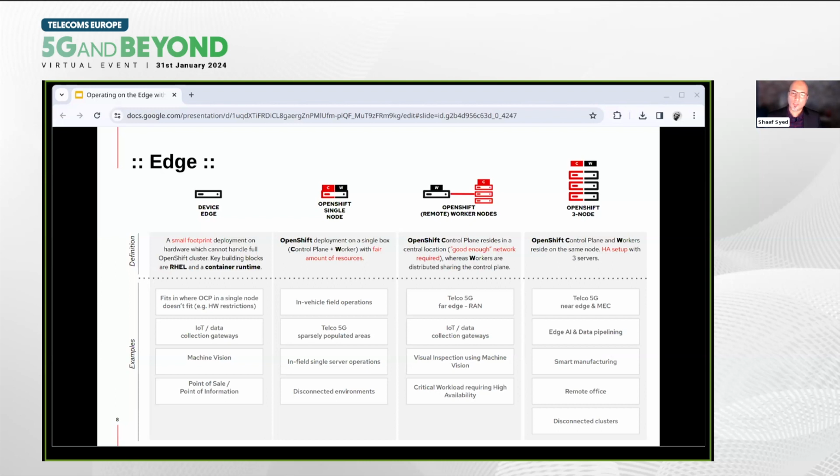And then finally, towards a little bit more beefy setup, which needs a good enough network, where workers can run RAN use cases, or visual inspection, or something that needs more power and connectivity can also be used. And then towards a 3-node cluster, where you have a little more space, you're able to do artificial intelligence, smart manufacturing, and disconnected cluster environments as well. So it helps to have those different use cases when we start to pan out how artificial intelligence, AI, as we say, would sit